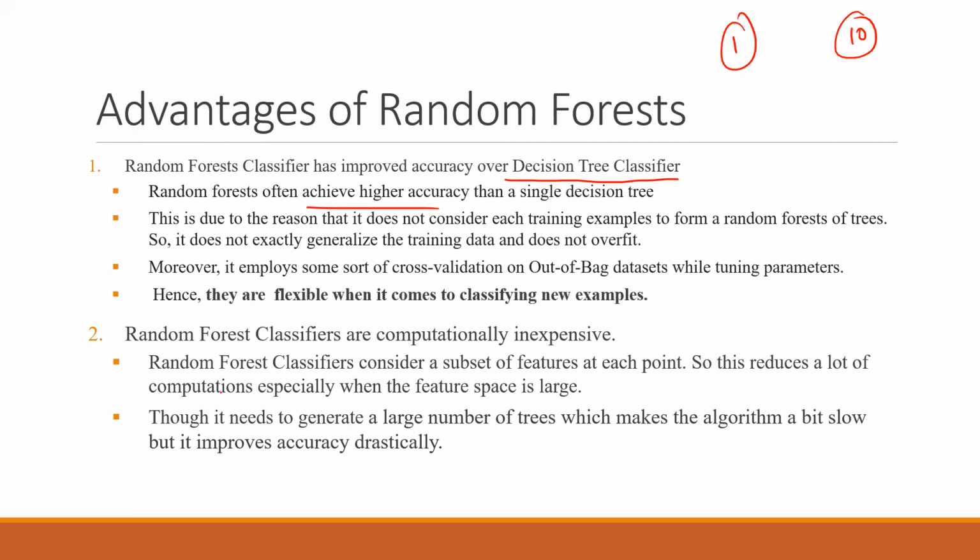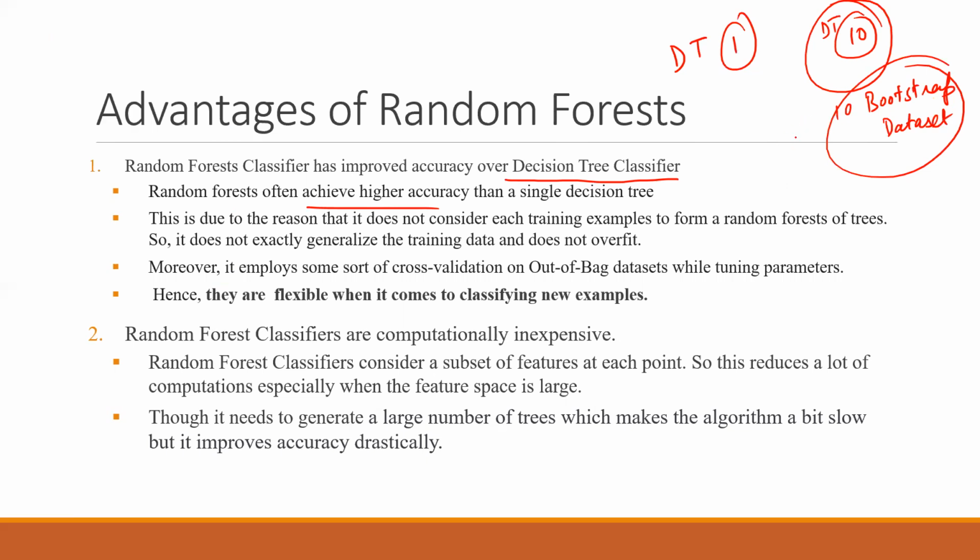So I think it will be coming in this advantages. But for a general idea, if you are training only one decision tree versus having 10 different decision trees, and for those decision trees you will make 10 different bootstrap data sets, right? So this kind of thing, in which you are taking the samples from the original data, verifies your accuracy in a way. It will help you decrease the overfitting. So if overfitting was happening, it will be decreased by using this technique.